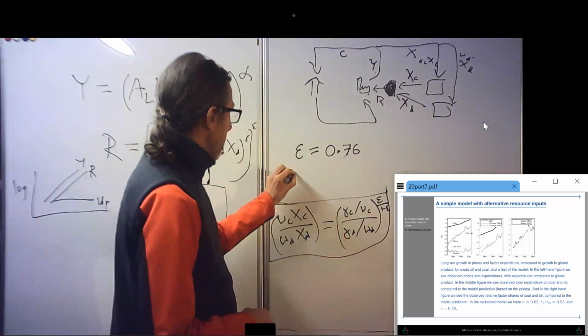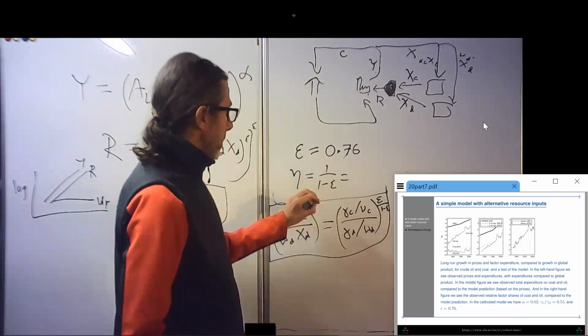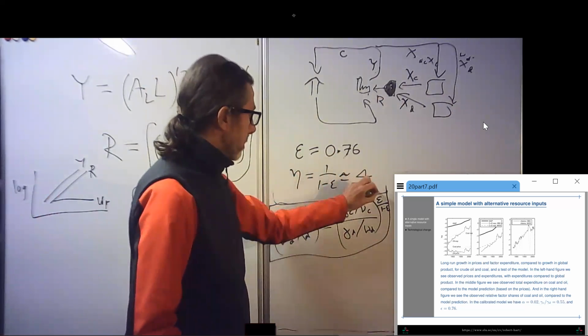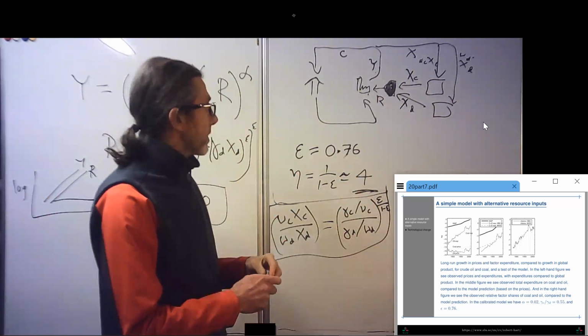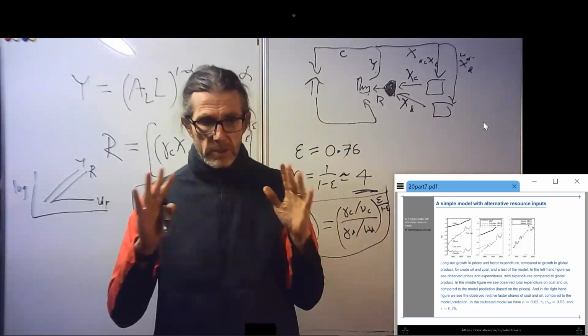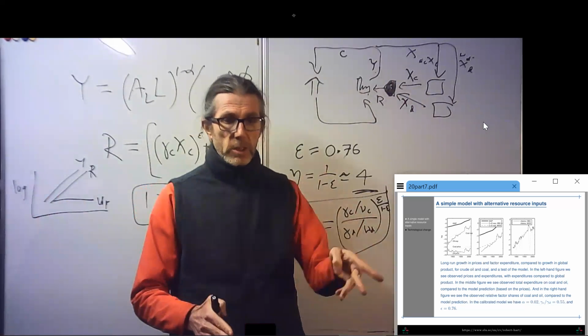Or the elasticity of substitution is 1 over 1 minus epsilon. It's around about 4, isn't it? So they're very good substitutes, oil and coal, according to this, in the long run, because this is the long run model. In the short run, there's very little substitutability,